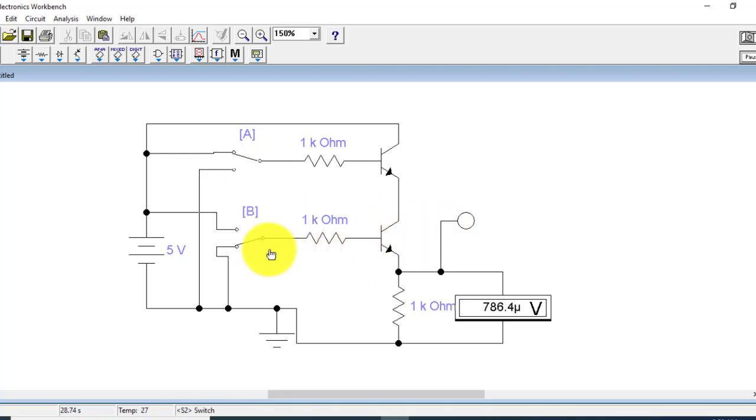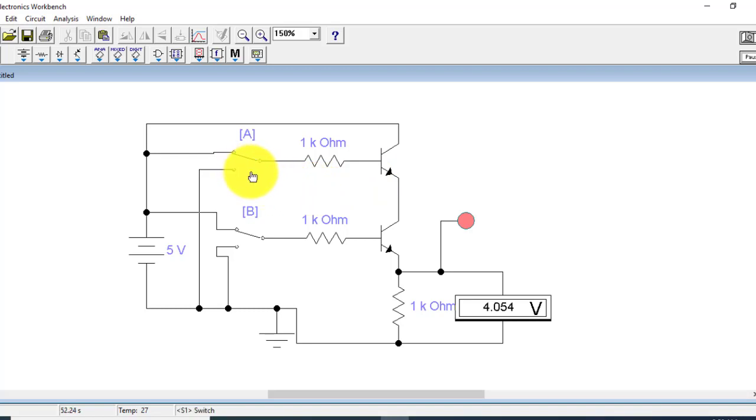And if I apply 1 1, the only condition 1 1, the output will be high. So the output will be high in only one condition, when both of the inputs of both transistors will be at logic high.